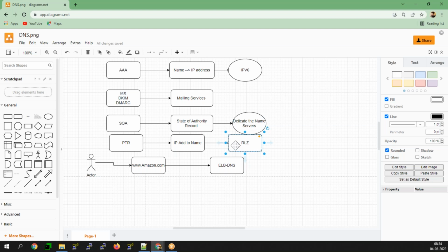DNS works with the port number 53. That's why they have given the naming convention Route 53.